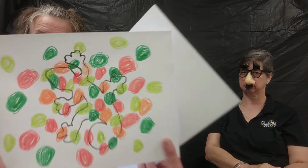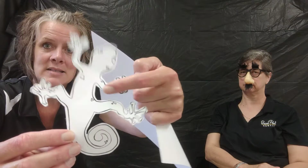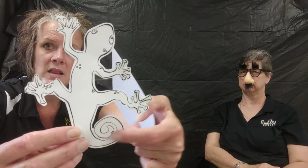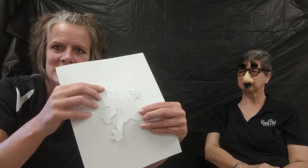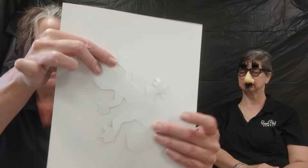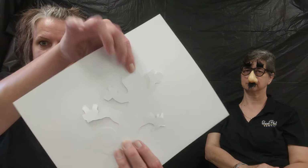So now, you see how this guy is on here? You know how I got that guy on there? All I did was use a little glue. I'm going to put the glue on the side that has the lines. Okay? And the reason why is that it makes it camouflaged onto the white piece of paper. So now you can still see the outline of your guy, right? Can you see the outline? Once you glue him on here,